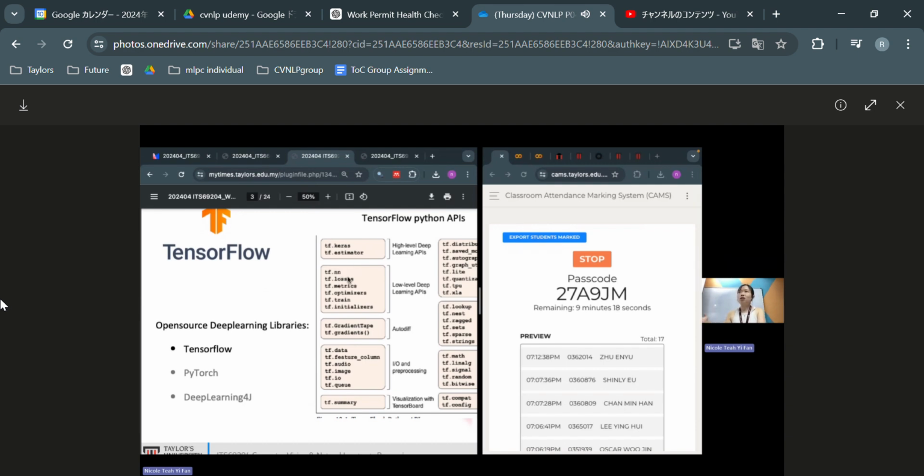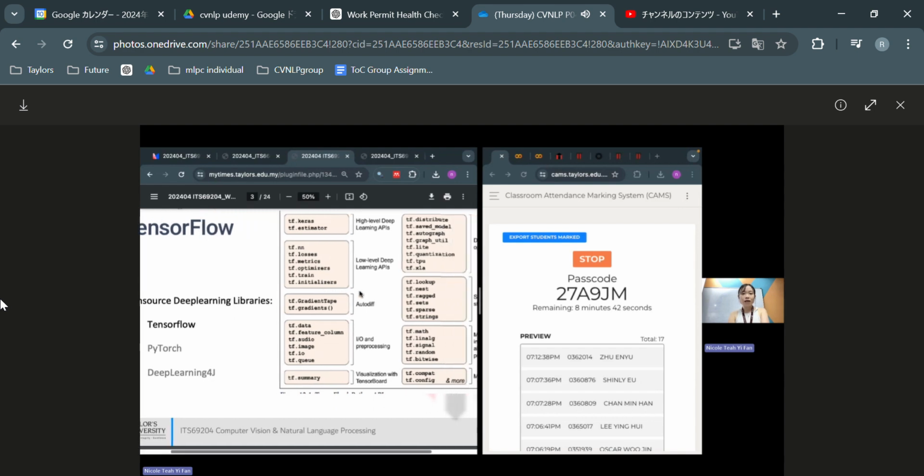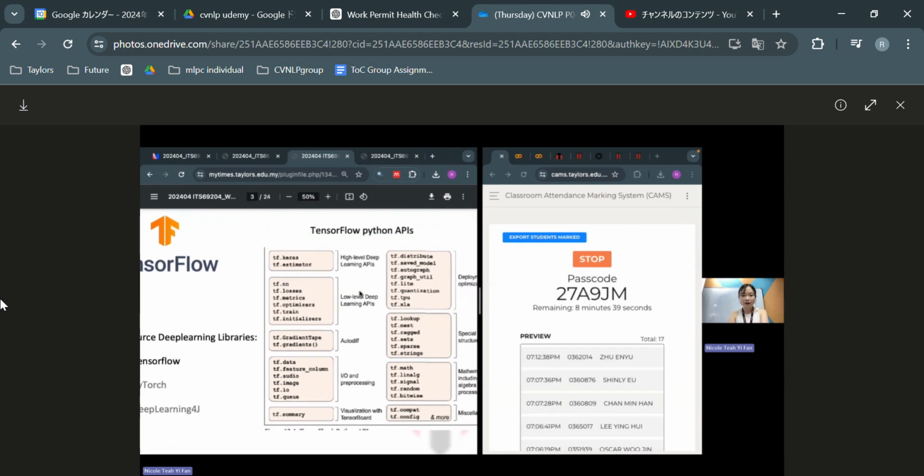We have all the loss functions. A loss function is a way to compute the error. We have also metrics. Metrics are ways or algorithms that we use to compute the accuracy, precision, recall, F1 scores. Optimizers define the learning rate: how do we want this neural network to learn from our training data? Do we want it to learn fast, or do we want to take a stepwise learning approach? So all of these are optimizers, and the rest of them are not so helpful unless you want to do a very, very advanced